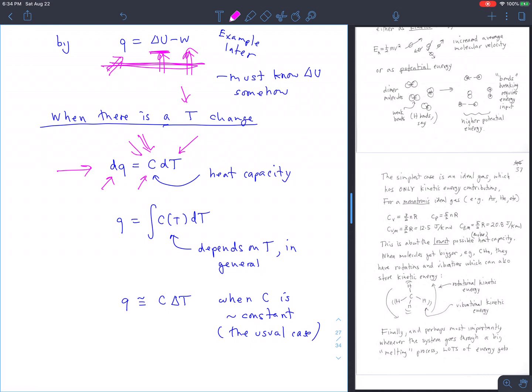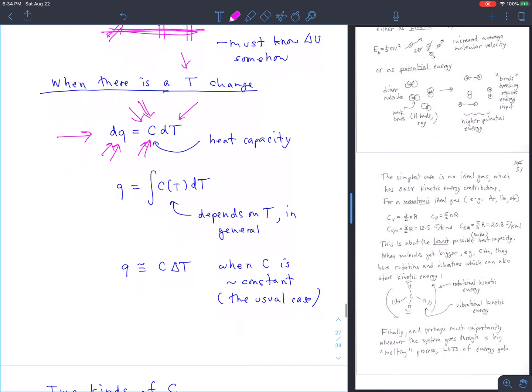That means that the heat capacity is energy change or heat change per unit temperature, right? It's how much energy can you store in the system for a 1 degree rise in temperature, let's say. The heat capacity depends in general on temperature. If you warm something up, its heat capacity changes, but intuitively you would think it doesn't change very much, and